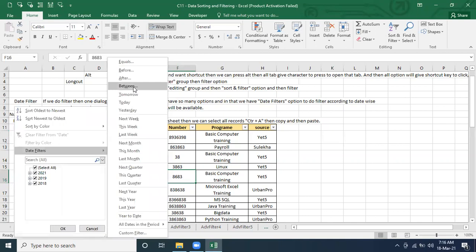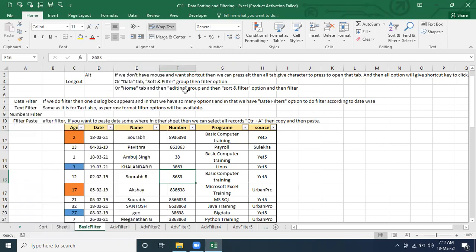Let's say you want to see the data from 2018 to 2019. There is no Between option available. Last year is there, last month is there, this year, next month, next year is there, but there are no options for the last 2 years, last 3 years. So for that case, we have to go for this one only. These options are there, so we can use any one of these. So already I demonstrated it, right?